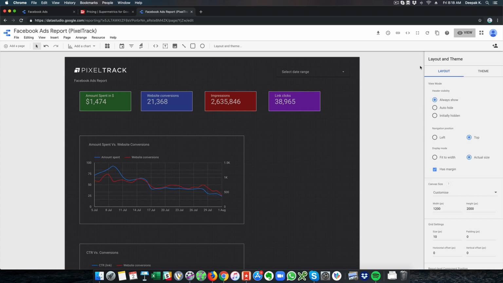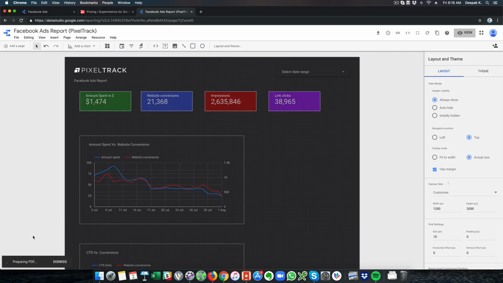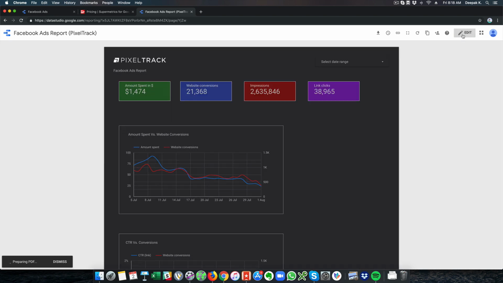The best part about Google Data Studio is that it just acts like a Google Sheet, and you could go ahead and share this Data Studio report with other people. You can download this as a PDF. Like here you have a download option, for example download as PDF. Just click on download, and you will be able to send this report to your client based on the date ranges also. So if I click on view, you see there is a refresh button here.